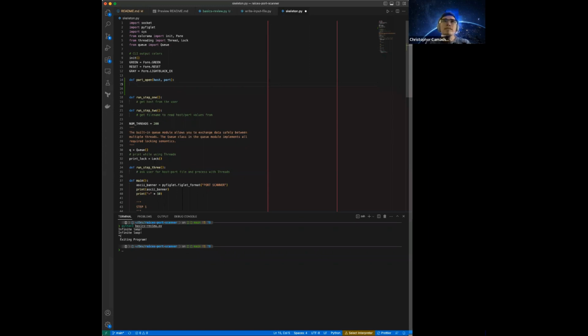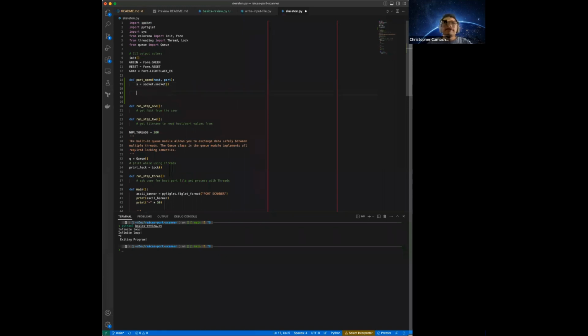The way we'll be doing this is we'll be using Python's built-in socket library for network sockets to establish a connection to our host. We've already imported socket here. There's no pip dependency. It comes with Python. So let's go ahead and create a new socket. And then the connect function that we want to call